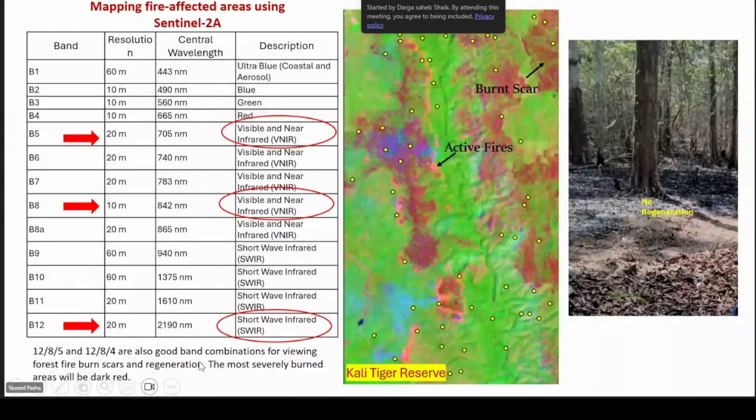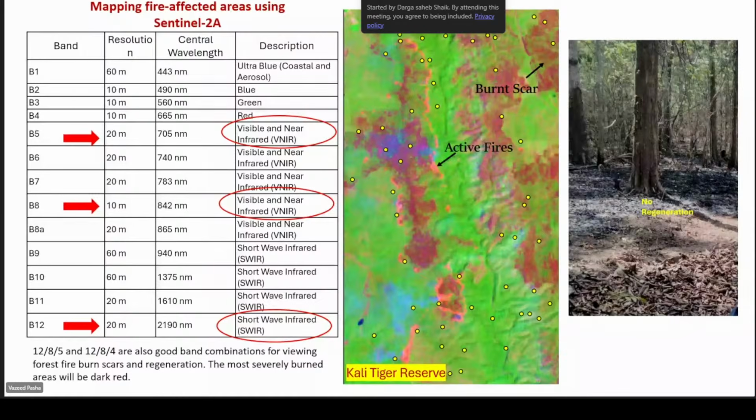As I previously mentioned, this is the best example of active fire and burnt scar in the Kali Tiger Reserve of the Western Ghats. You can also see we have visited the ground scenario, showing the large trees do not have impact, but the ground has a lot of impact from forest fires, mainly poor regeneration.